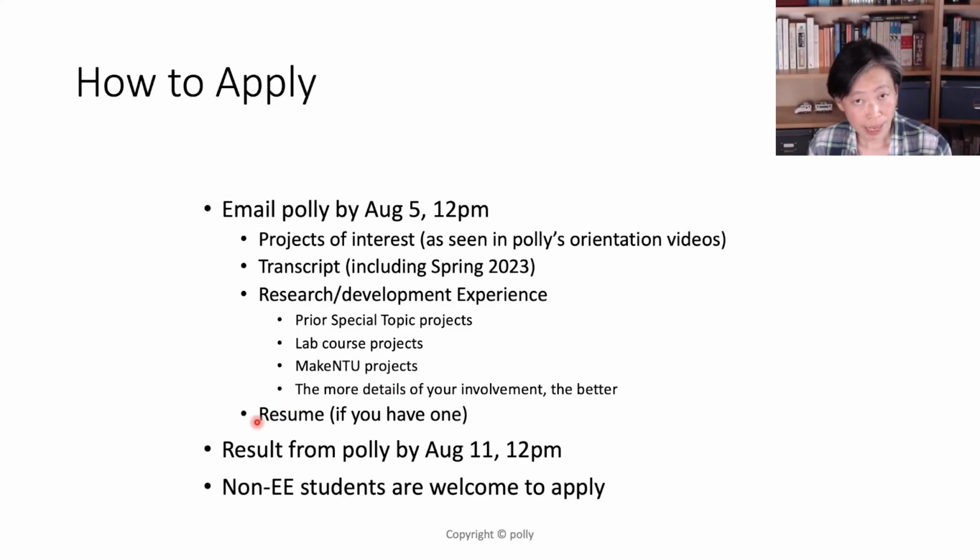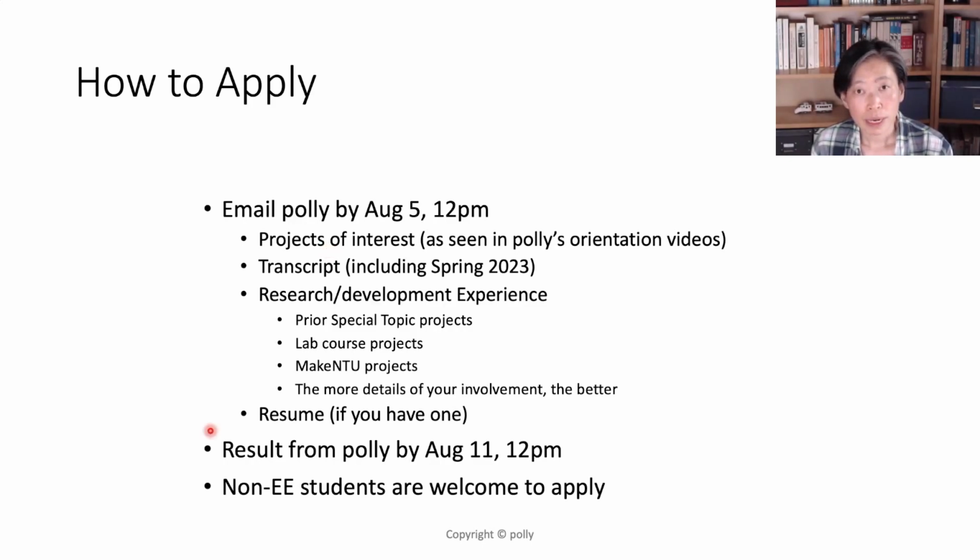Fourth is resume. Now, I know that some of you don't have a resume yet, but if you do, please include that in your email. And for those who don't have a resume yet, I would really advise you to use the summertime to generate one. So Google what a resume is. If you did it right, your resume will be a one-page document that tells people you would like to work with how persistently you can work over time, what your true technical interests are, and what skills you have. So we know better what background we need to fill you in on, and what skills you need to pick up next in order to join these projects you are very interested in working on. You see?